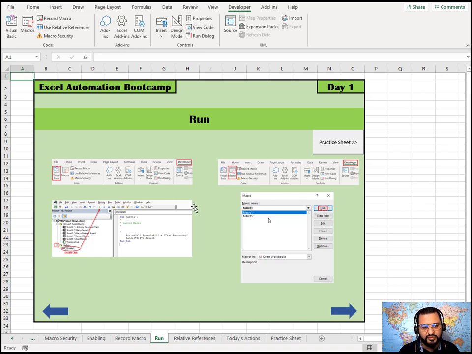Another way to run the macro is if you go to the Visual Basic Editor, the place where we saw Macro1. There is also a Run button mentioned here, so you could click that one and also run your macro. So both ways run the same macro. Just double check that you are on the correct macro that you want to run. Check the macro name and then you can hit this Run button. So that was about run.